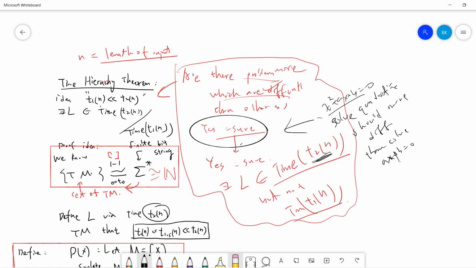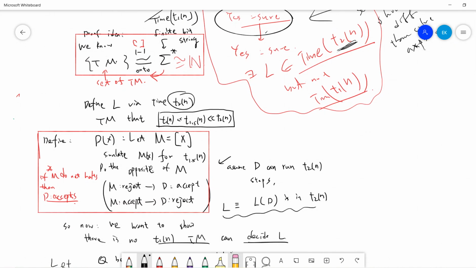Okay, the proof idea is this. We already know that the set of all Turing machines is one-to-one and onto with the finite bit strings, right? So the finite bit strings are isomorphic to the natural numbers. So I use this bracket. If I give you a finite bit string, you can use this bracket to change it into a Turing machine. Basically, I give you an input like a bit string 0 1 0 1 1 1 1 1, and you can change it into a Turing machine. This is from set theory, and if you know set theory, this statement is somehow very trivial.